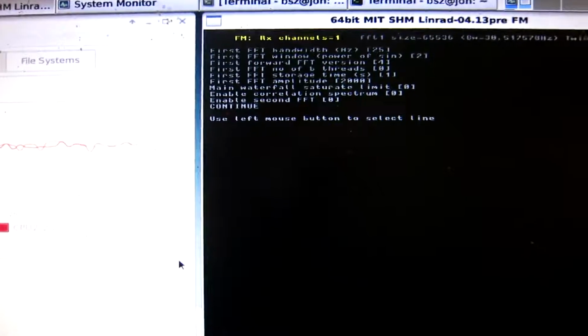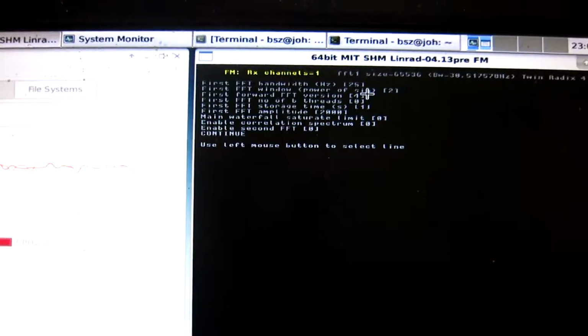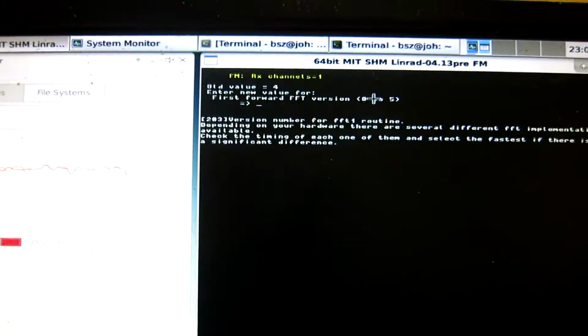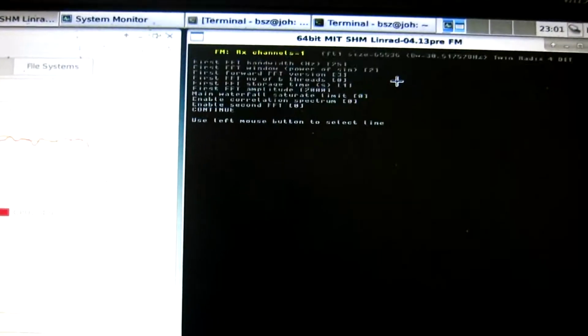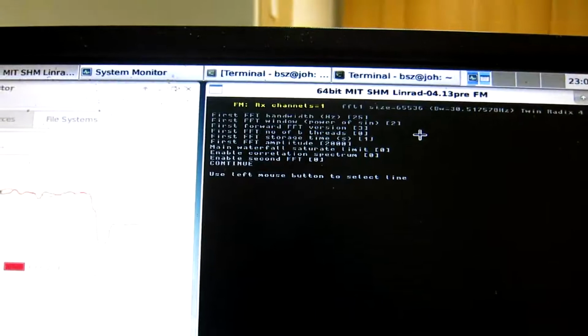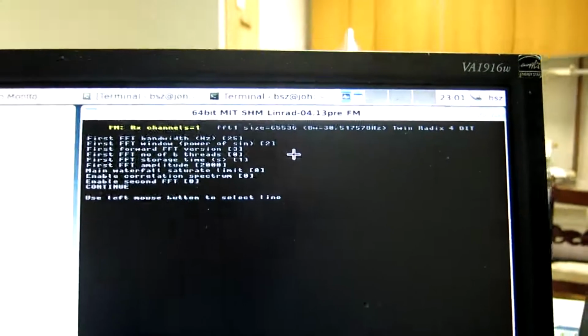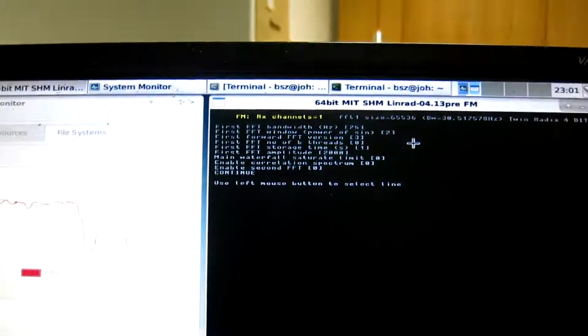And I can try some simpler FFT implementation, let's say 3. It's twin radix for decimation in time,